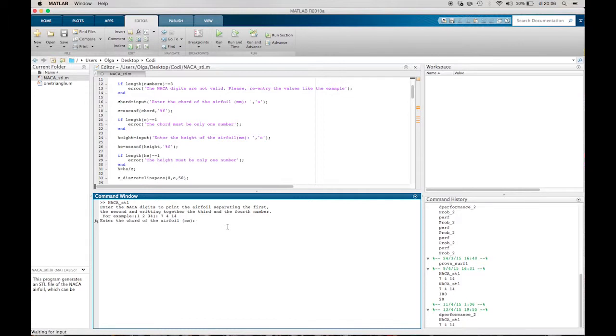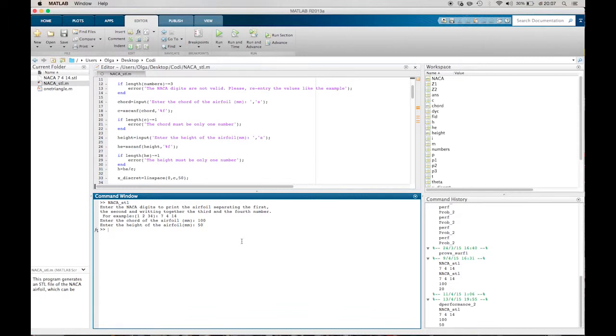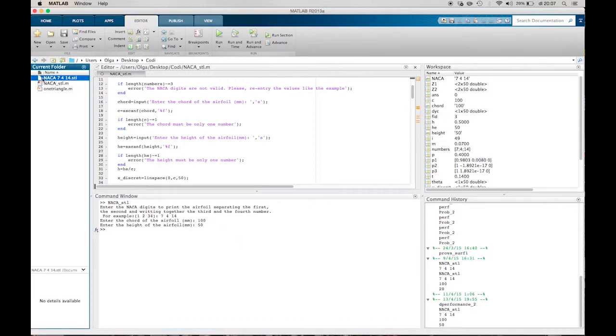Now the chord of the airfoil in millimeters, so we set it as 100, and the height of the airfoil we want it to be 5 centimeters. And then the STL file has been created. We can see it right here with the name of the NACA airfoil that we introduced.